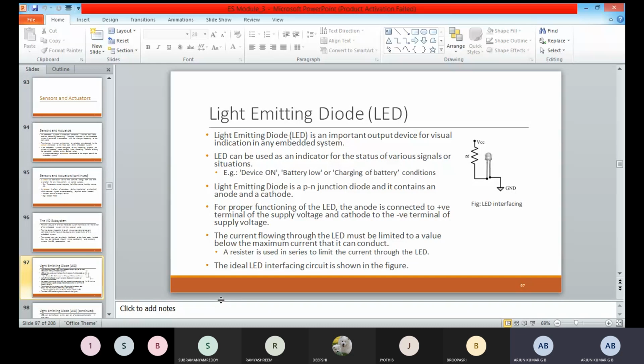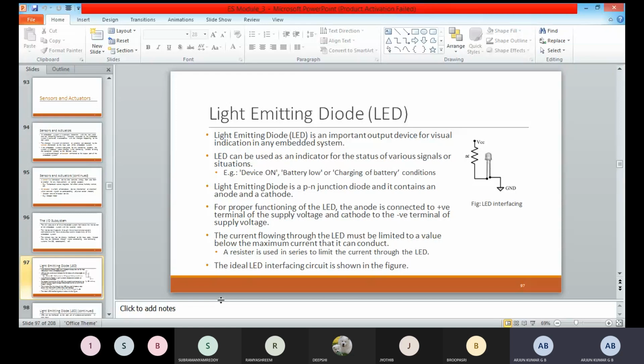If you go to any home, there is a motor, a water tank motor, some borewell, and you can see the indications there. Otherwise, if you turn on the TV or fridge or anything, when it is on, it shows some indication. If it is off, there is no indication.